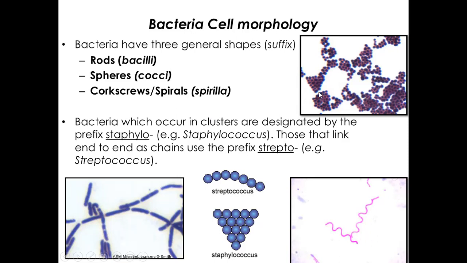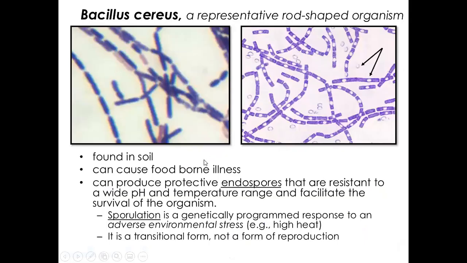So if you were to see this one on the top right, you could easily say, oh, that's a streptococcus, or on the lower left, that's a, I'm sorry, this is the staphylococcus on the top right, and a streptobacillus on the bottom left. All right. So let's talk about this one bacteria in general. This is one we would look at under the microscope in lab. We can see based on the cell morphology, first of all, it's a bacillus and it grows in a chain, so it's streptobacillus. And this is Bacillus cereus. It is just a rod-shaped bacteria that we would look at.